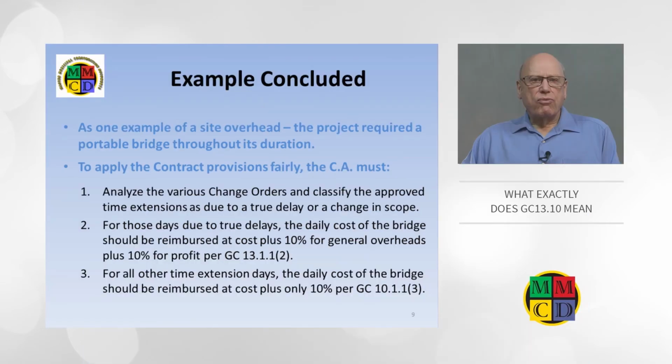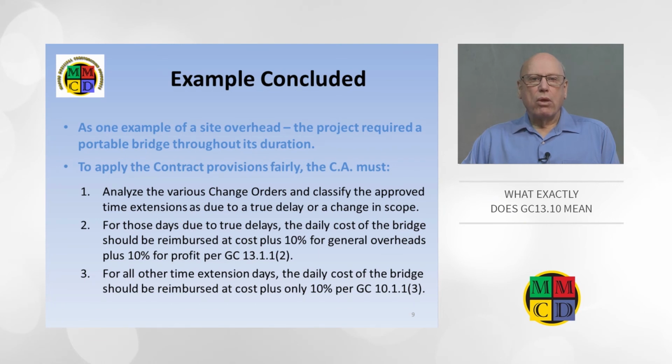Now, if you followed my logic so far, you may be able to predict my recommendation to the CA. To do this fairly, the CA will have to review all issued change orders which authorized a time extension and classify those extensions either as being due to true owner-caused delays or simply time required to recognize an increase in the scope of the work from changes and extra work. For those days which were due to owner-caused delays, the daily costs of the portable bridge and any other site overheads are entitled to be marked up at 10% for general overhead plus 10% for profit, according to GC